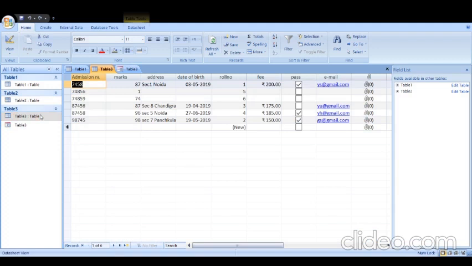You can use the escape key to create a combo box, or other further things you can also create. This way your data will be filled. It is automatically sorted because these two I had not filled earlier, so it is showing like this. Clear? That is all about the form.